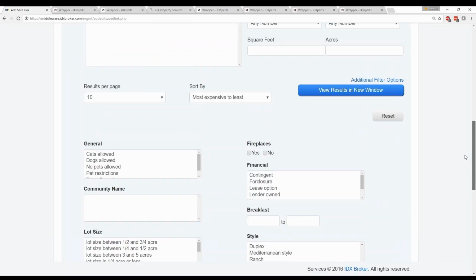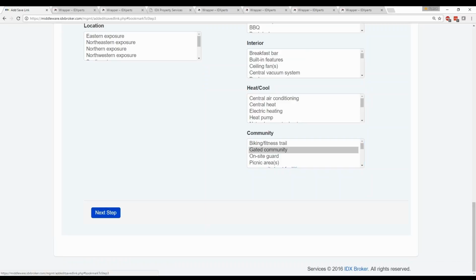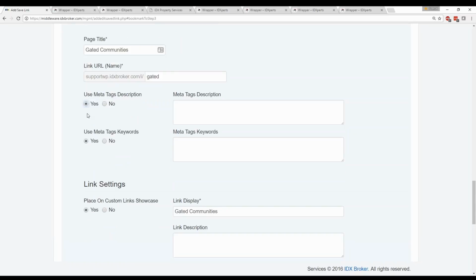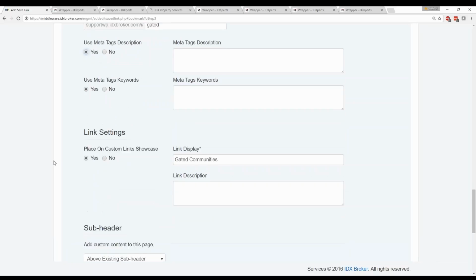You click Next Step, and here's where you can customize things like the title of the page. In this case, I'm just going to call it Gated Communities. You can even change the way that the URL displays so that when the address pops up on the address bar, it could say something else, just like gated. You can add in meta tags and meta tag keywords to give it SEO value. And then you can also add a subheader to it. So in this case,